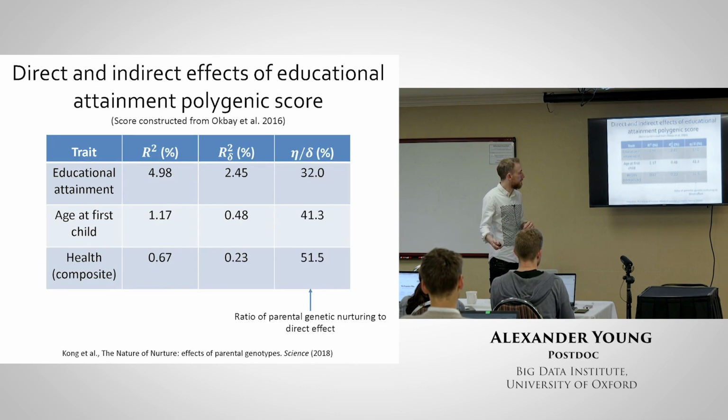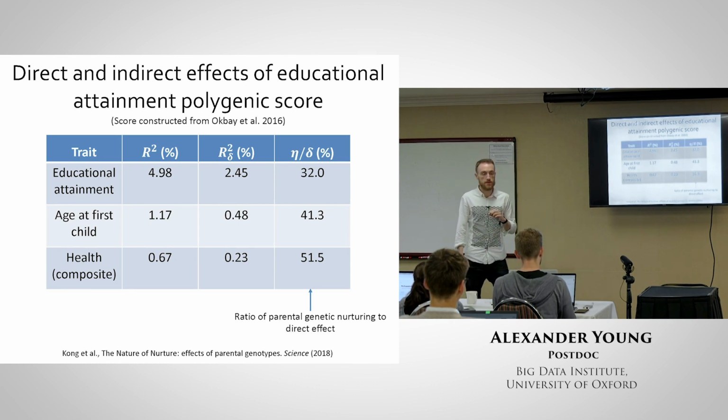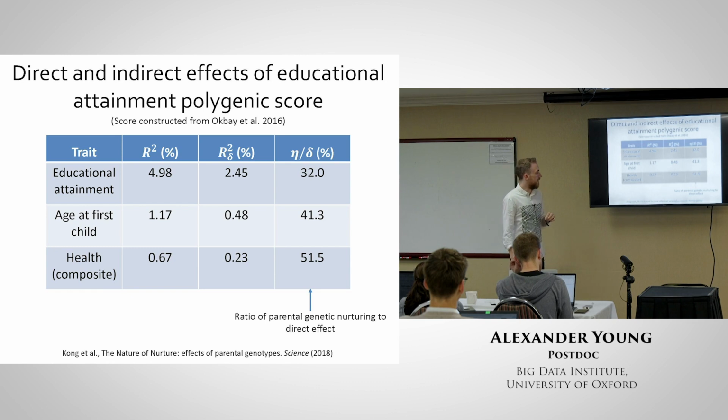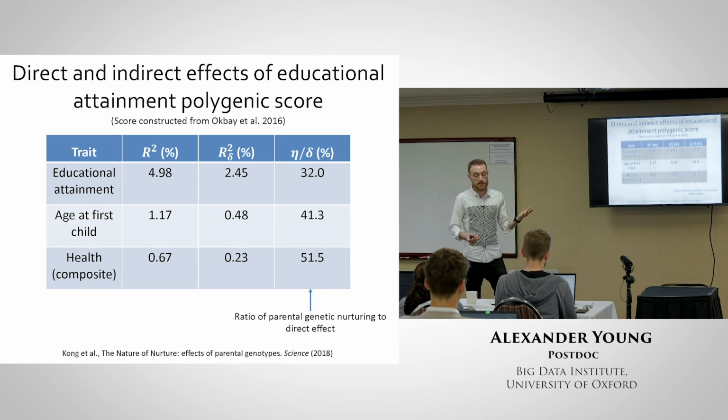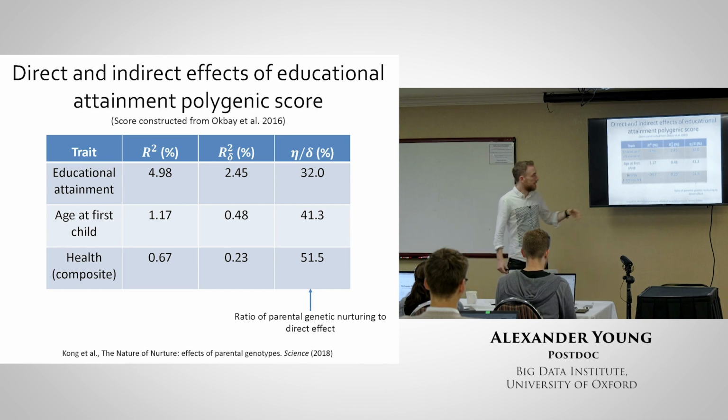No, there seems to be quite a lag. Okay, so we took the educational attainment polygenic score derived from the EA GWAS paper in 2016, so it's a bit out of date now, the current one explains a lot more variation. But in the Icelandic data, if you just do the standard regression of educational attainment on the polygenic score, you see that the R-squared is about 5%.